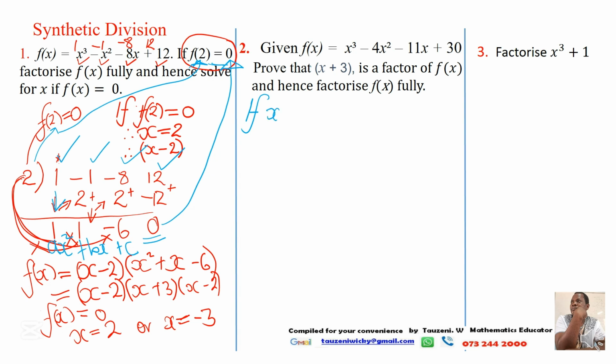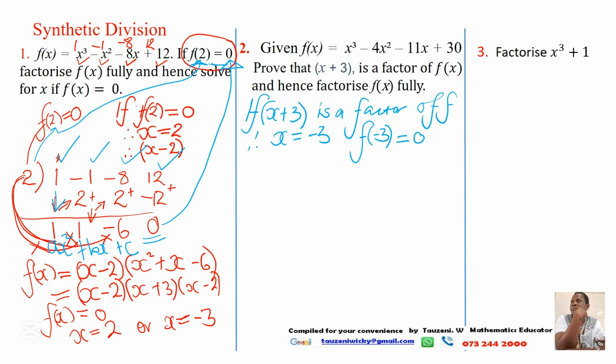So we can say that if x plus 3 is a factor of f, what exactly does it mean? It means x is equal to negative of 3. It means f of negative 3 must equal to 0 all the time. So to prove what is required here, you substitute x with negative 3, and the answer that you get must